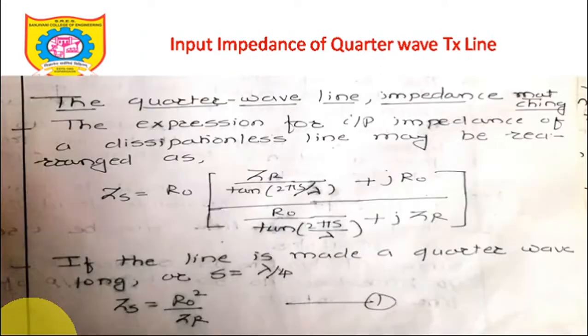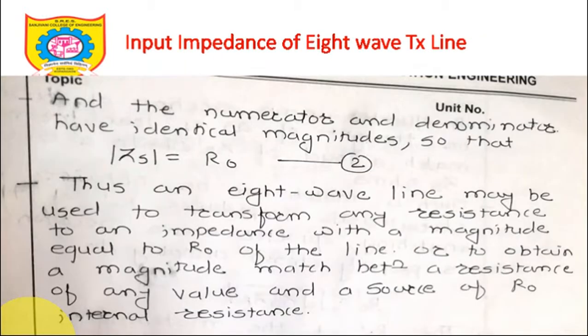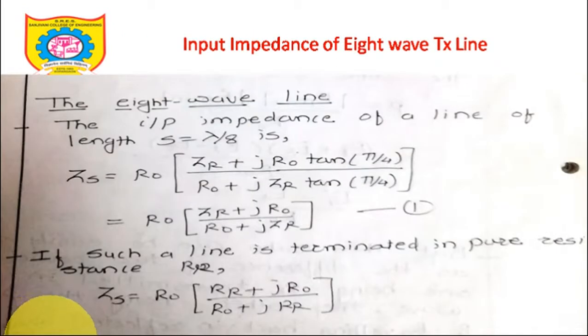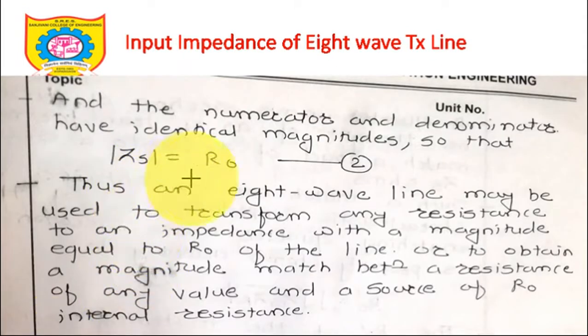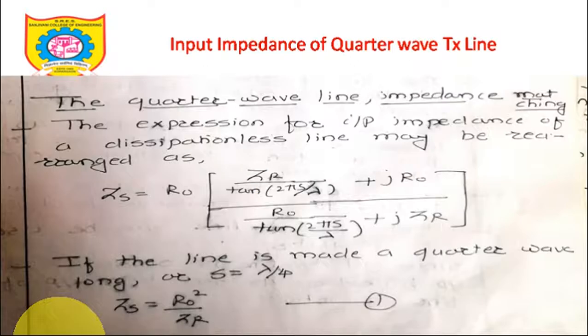So these two, the quarter wave transformer and the lambda by 8 line, are important to understand. Just remember the equations, because this may not be asked in your examination, but these are very important from the competitive examination point of view, where you are directly asked: ZR is given, ZS is given, Z0 will be asked, or Z0 is given, ZR is given, ZS will be asked. So any of these equations for the quarter wave as well as the lambda by 8 transformer can be asked. So remember, this is the conclusion which we are going to make now. Mod of ZS equal to R0 in case of the lambda by 8 line, and ZS is equal to R0 square upon ZR in case of the quarter wave line.